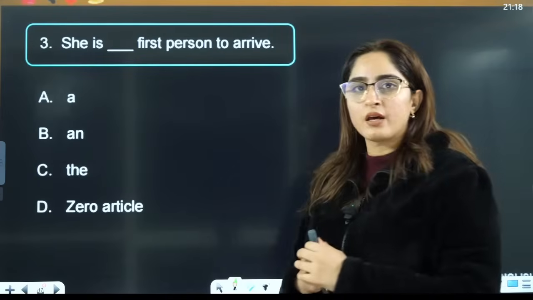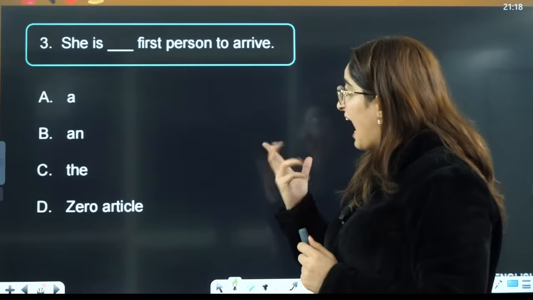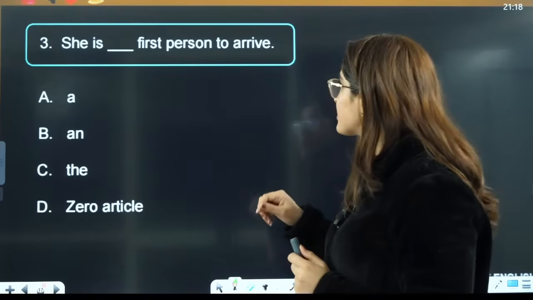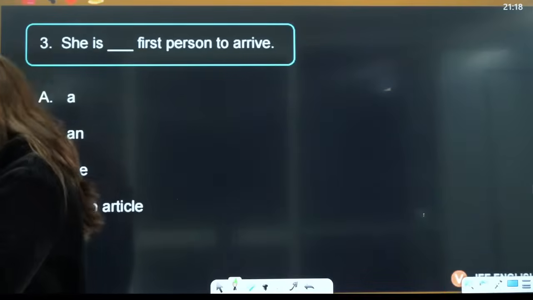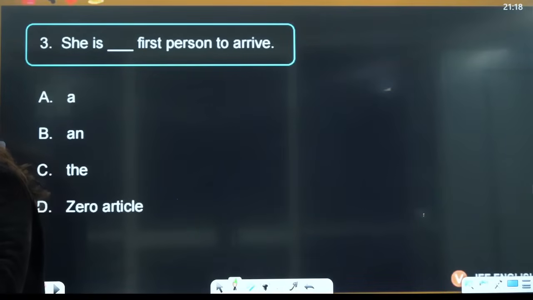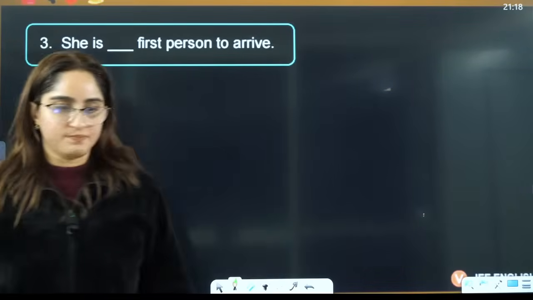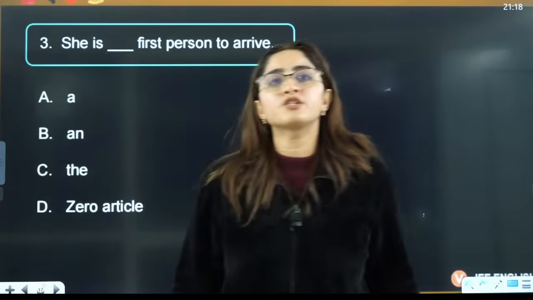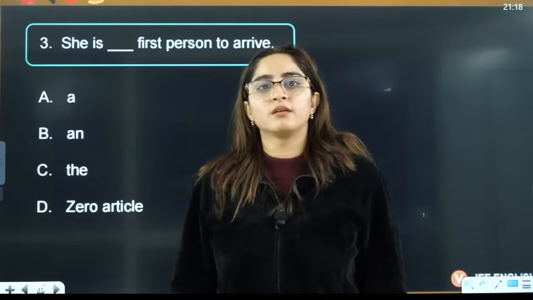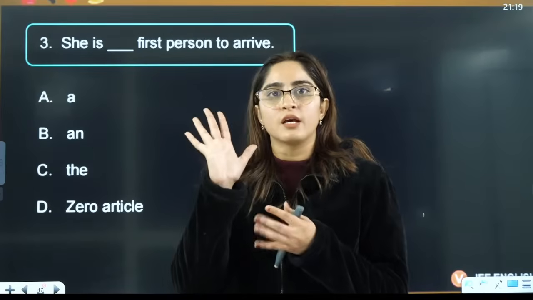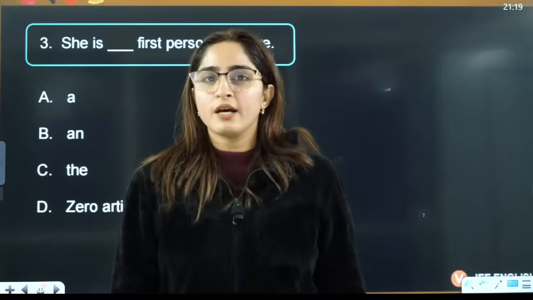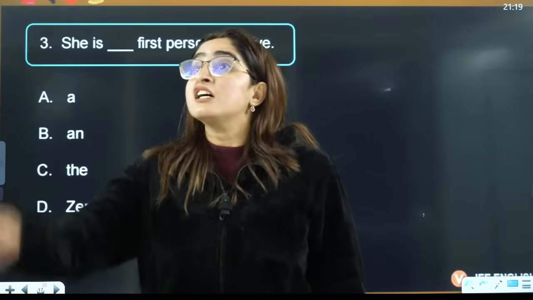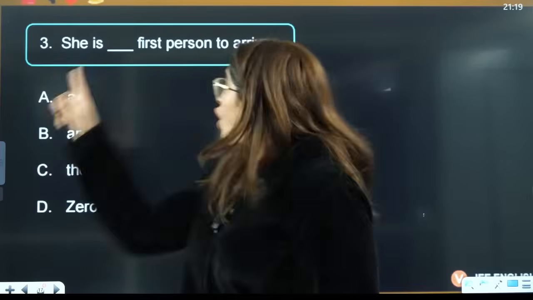She is a first, she is an first, she is the first person to arrive. I am talking about this specific person, isn't it? I'm not saying she is a person. If I say she is a person, then I am saying okay, she is a person, fine, definitely she is a person. If I say she is the person,